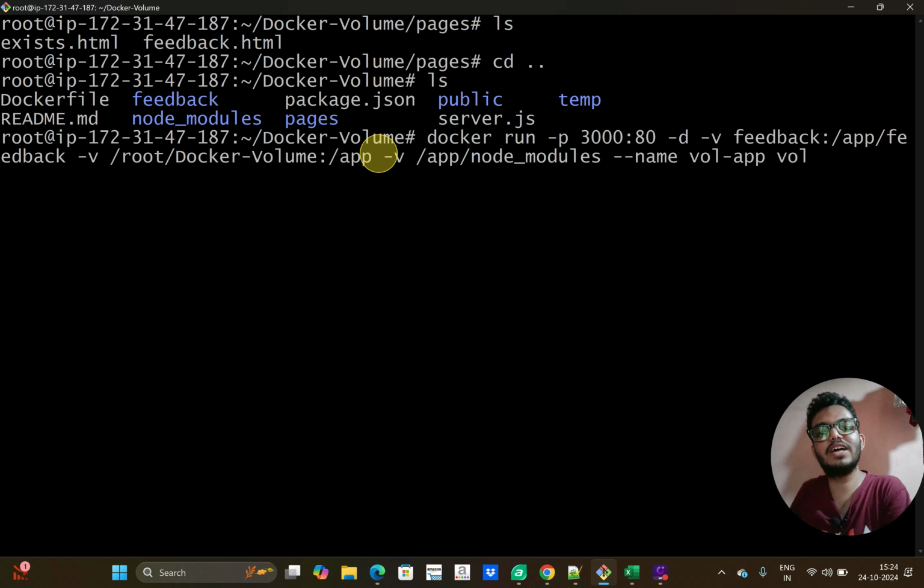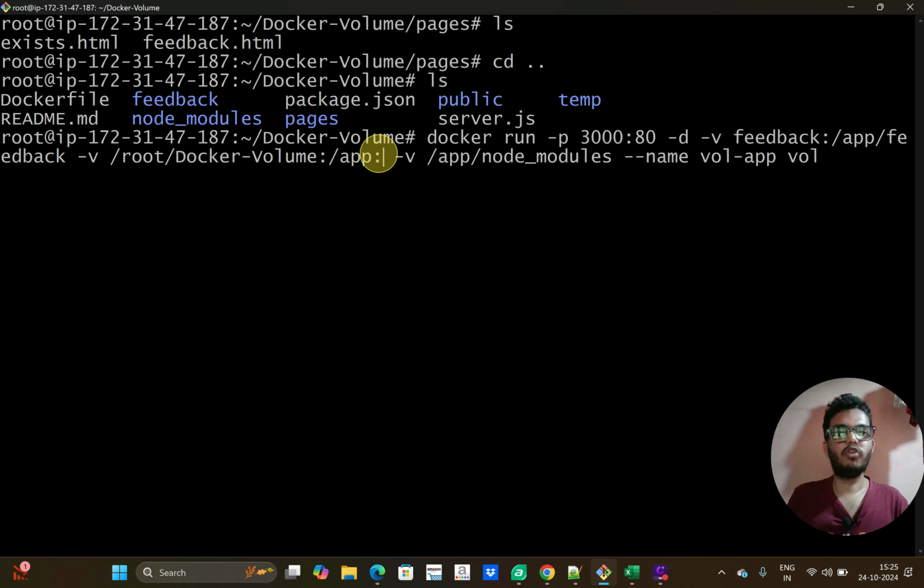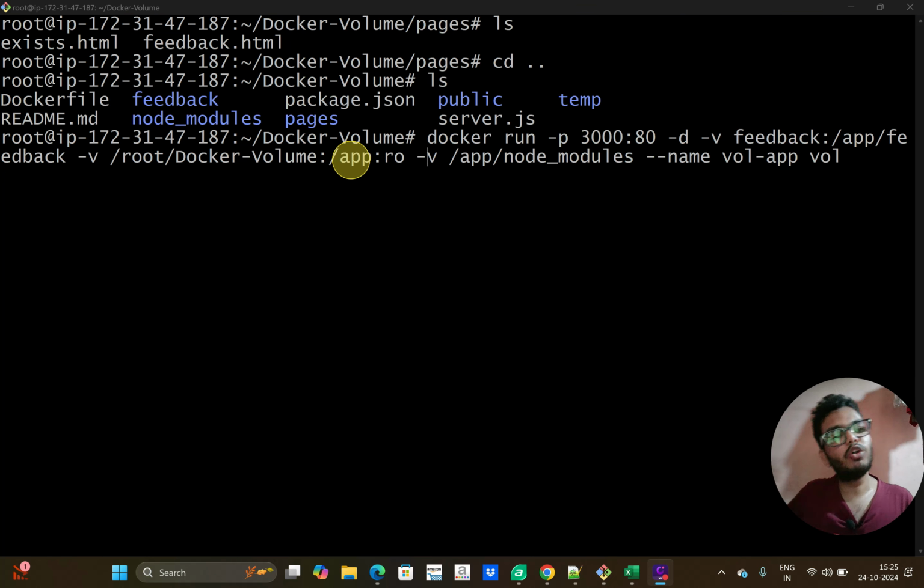If source code changes are there in the host machine, it should reflect in the container, but vice versa should not happen. For that I have to make this volume read only. I can add :ro here. RO means read only. And if I make the whole directory RO, we have a conflict here, because